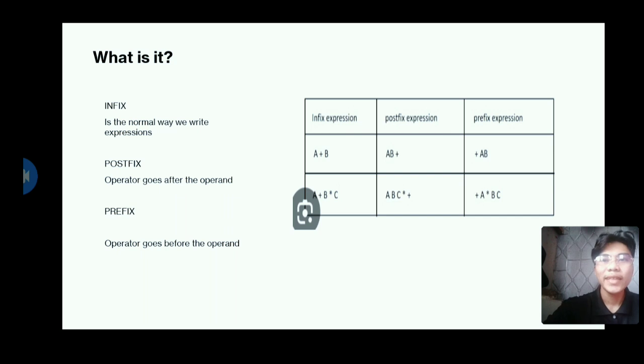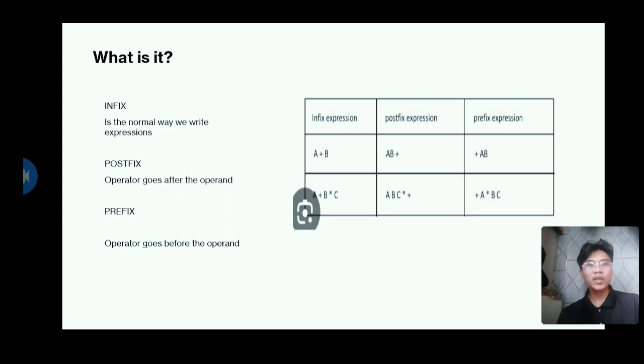the multiplication sign. And then step 3, read the operand, which is the B. So now the output will be C, B, and the stack is still the multiplication sign. Then read the next part, which is the addition sign. In step 5, you need to read the A. A is an operand, so the output will be C, B, multiplication sign, and then A. So the stack is still the addition sign.